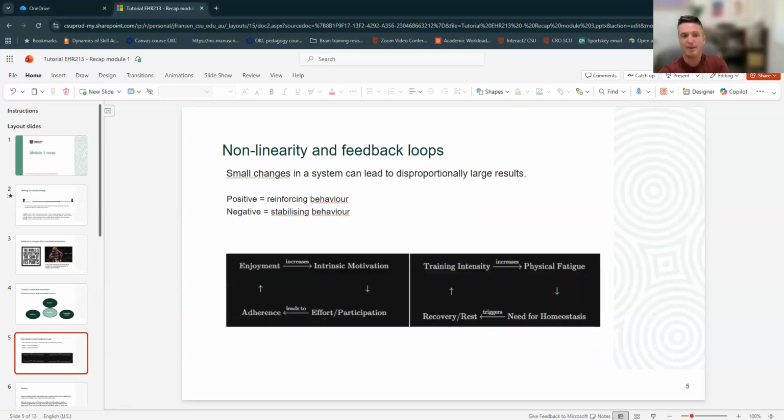Now, I was amazed. I've read some really cool stuff, and I recognize some of the names obviously here in this tutorial, but I've read some really cool stuff from you on reinforcing and stabilizing feedback loops. Because what we discussed in module 1 is that when you move away from that linear causal thinking, right? A causes B, and therefore if I intervene on A, B will change, right? When you move away from that and you think more in terms of positive or reinforcing feedback loops, or negative or stabilizing feedback loops. And I think that's important here.